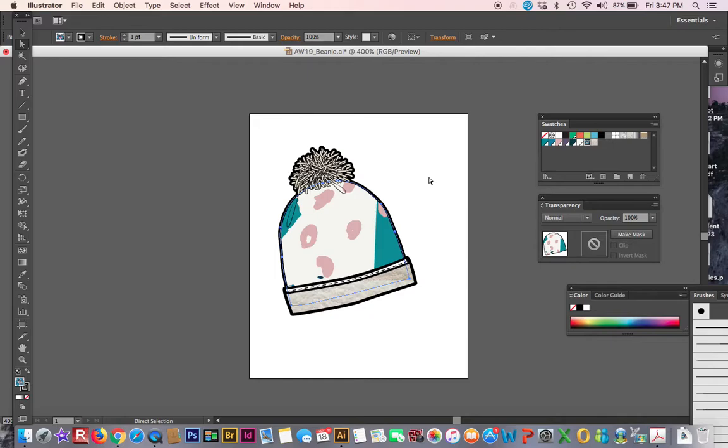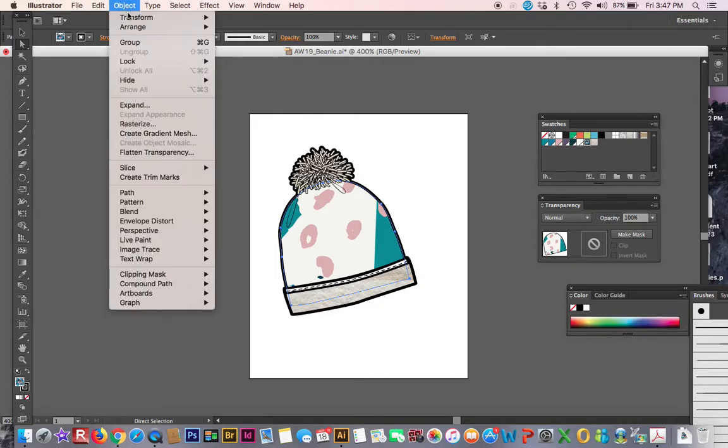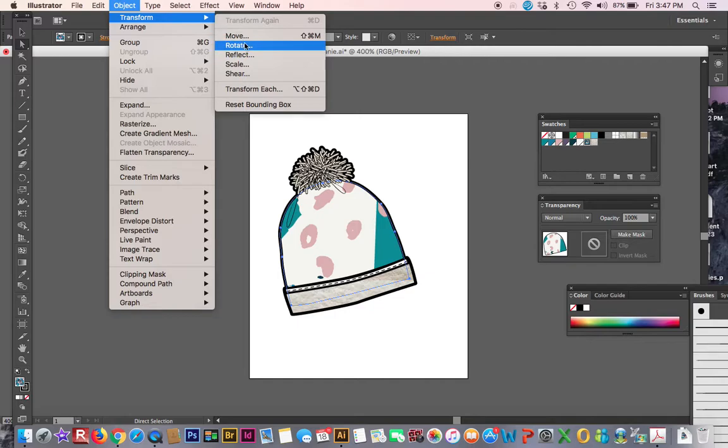So right now my swatch filled really large. So it doesn't quite match the scale of my beanie. It's much too big. So I do need to scale it down. There's a couple ways to do it. You can go to Object, Transform, Scale,